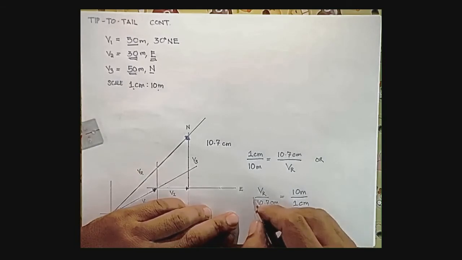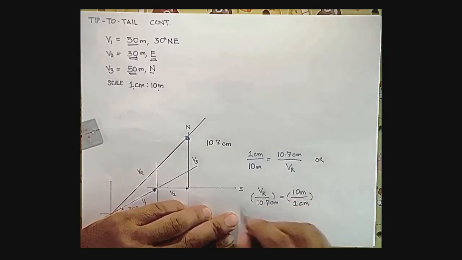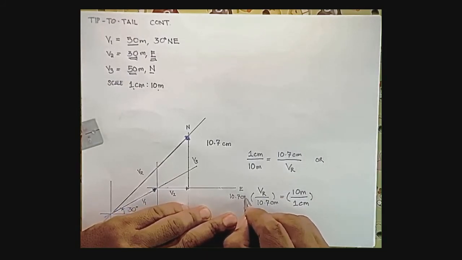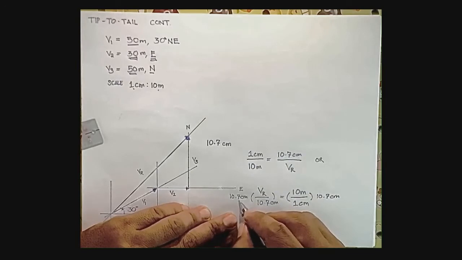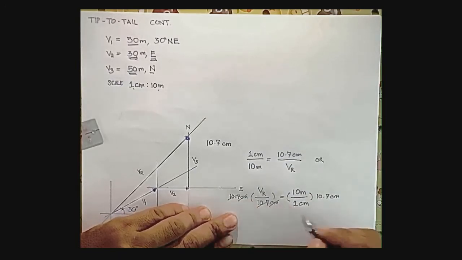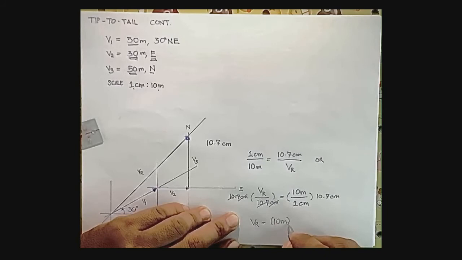I can just simply remove that by multiplying by the same value, 10.7 centimeters. But because there's an equality sign, I'm also going to write that on the other side of the equation. Cancel the centimeter unit, and that will become VR. And on the other side of the equation, that will become 10 meters times 10.7